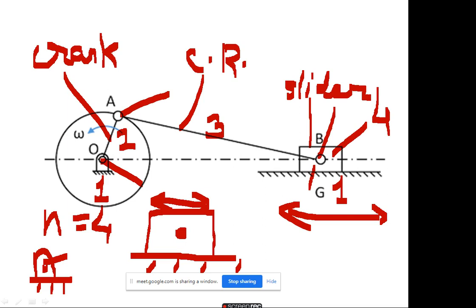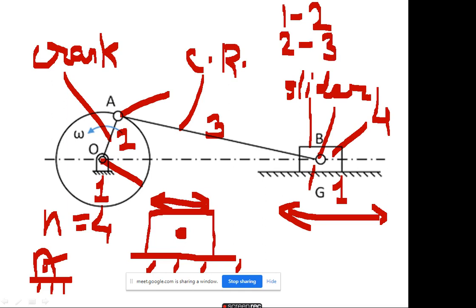Also, whenever a connection between one link and another link takes place, that is considered a joint. Whenever a connection between two links is there, that becomes a joint, and that joint you have to consider as a lower pair or higher pair. Now suppose you want to connect the joint from 1 to 2. If we are connecting from 1 to 2, this forms a lower pair, right? Then link 2 to 3 again forms a joint at A. So this is one more lower pair, 2 to 3.